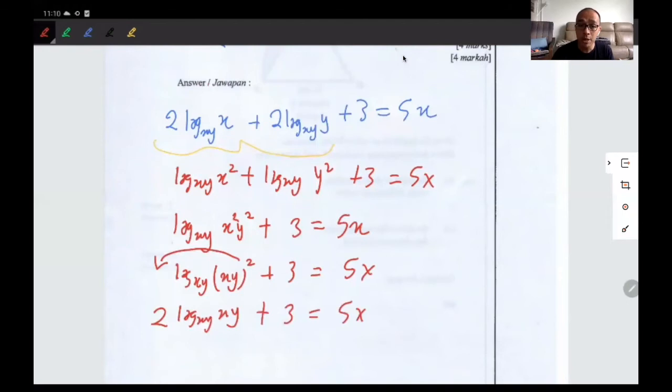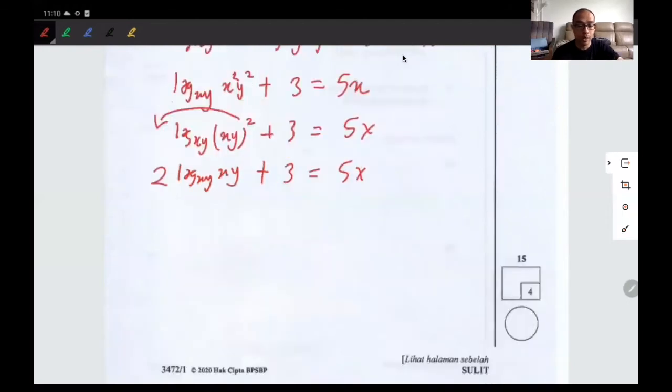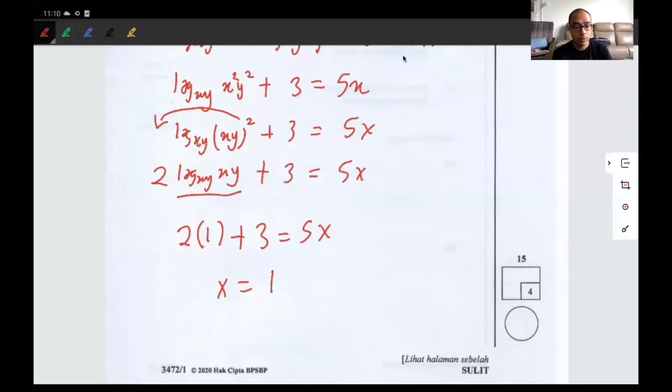And what is so special about this log xy? Log xy is actually equals to 1. So 2 times 1 plus 3 equals to 5x. And you get x equals to 1. Okay, so this is just using the law of logarithm untuk mendapat nilai x. Okay, so